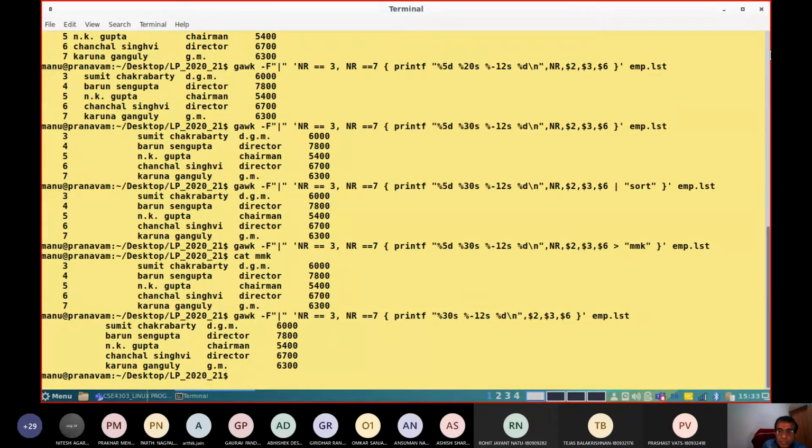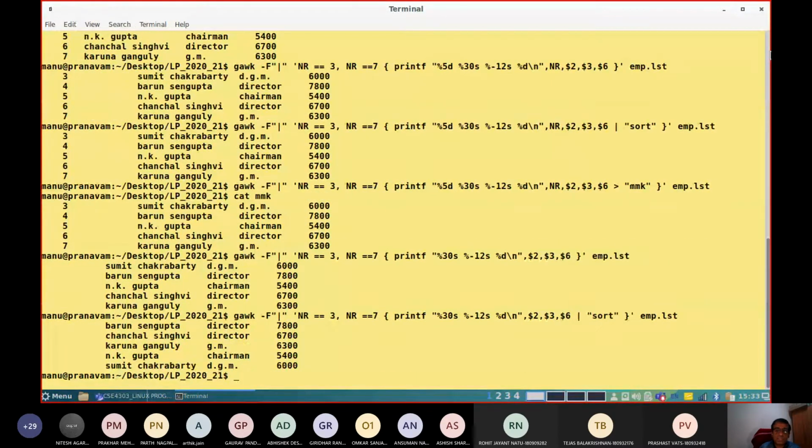Now this output, let me check whether I can send it to, I can use a pipe operator, and this command should go to sort within the double quote. Yes. Now look into this.